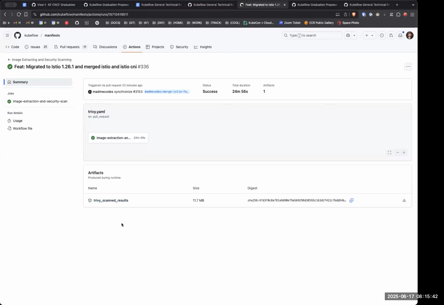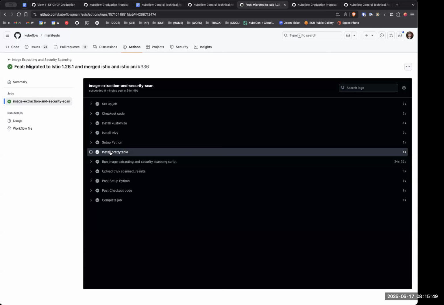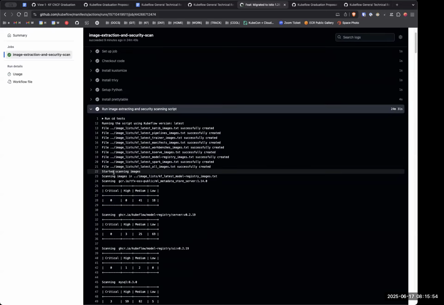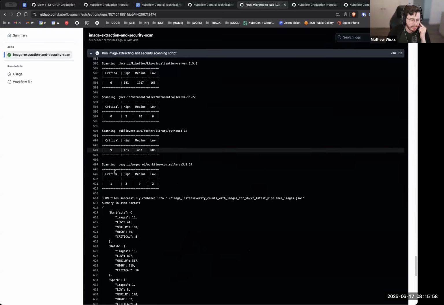If you go to the latest one and click on the check mark on the green one, then go to run image extracting and security scanning scripts and scroll to the bottom, you can also see it per image, but at the bottom there's a summary table. We should probably put this in